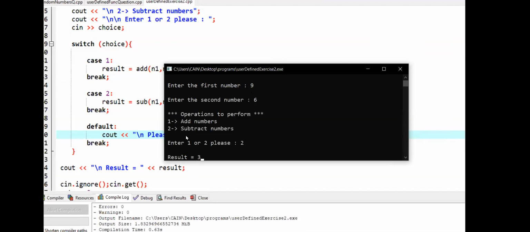So 9, 6, I selected 2. Please enter 1 or 2. I selected 2, which is subtraction. And the result is 3. So basically, when you put 1, the first function runs. And when you put 2, the second function runs. Just to show everything